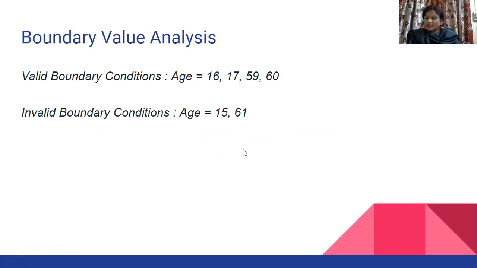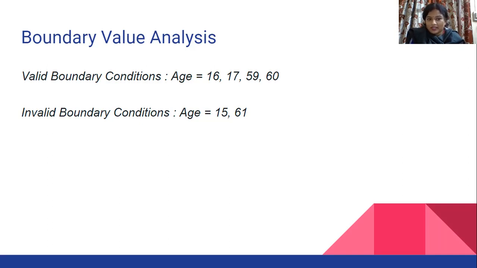Okay, so considering the same Zim software example, here I will be having the boundary at 16, and one is at 16 and the other is at 60. So making +1 and -1 at both the sides, I have 16, 17, 59, 60. These are all boundary conditions. That is making +1 and -1 on both the boundary values.